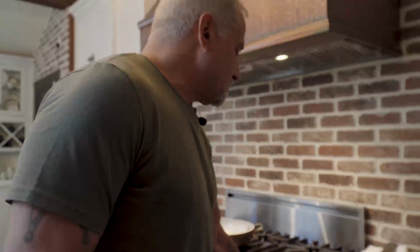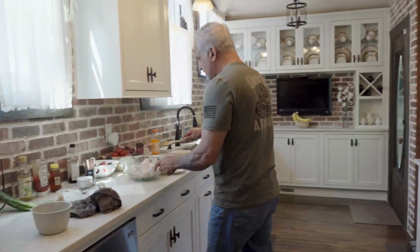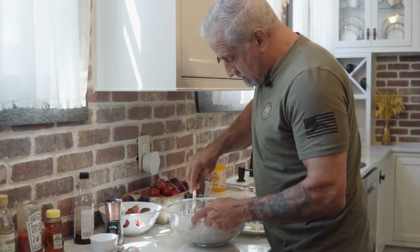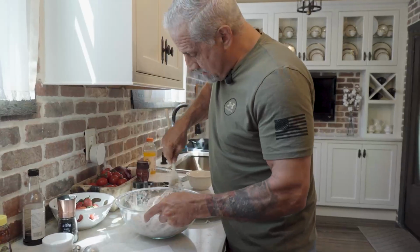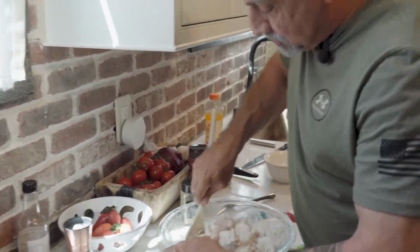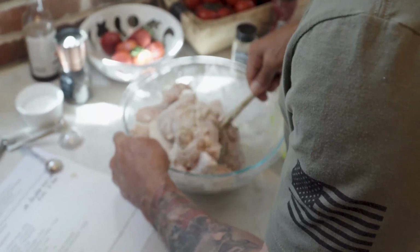I don't know, the guy uses a wooden spoon to mix this. So you're basically making kind of a paste, you know what I mean? See it all clumping though? Which is what you want. That's what makes your chicken